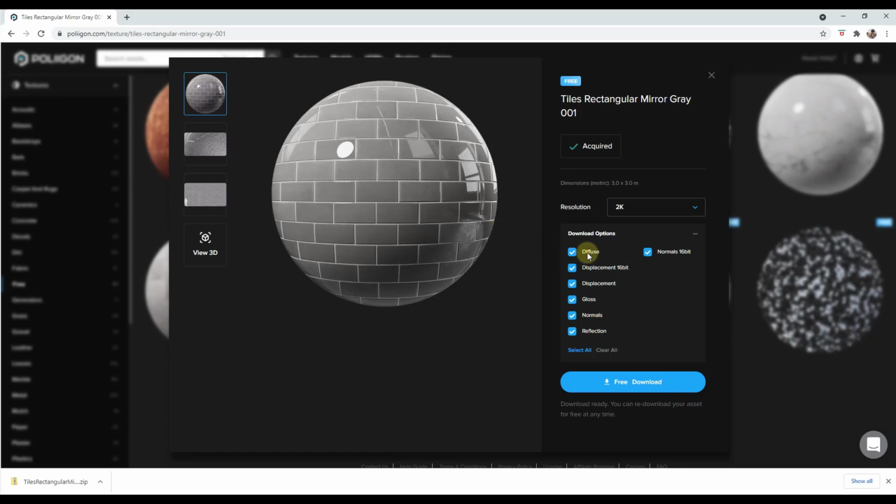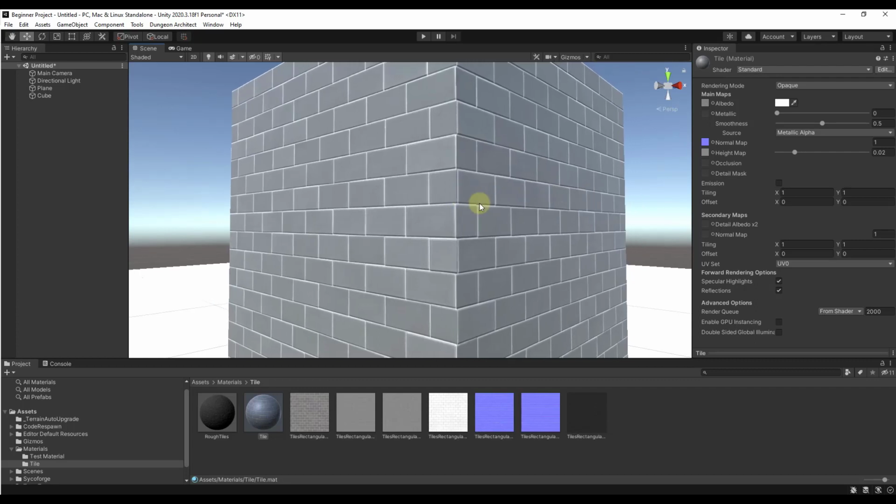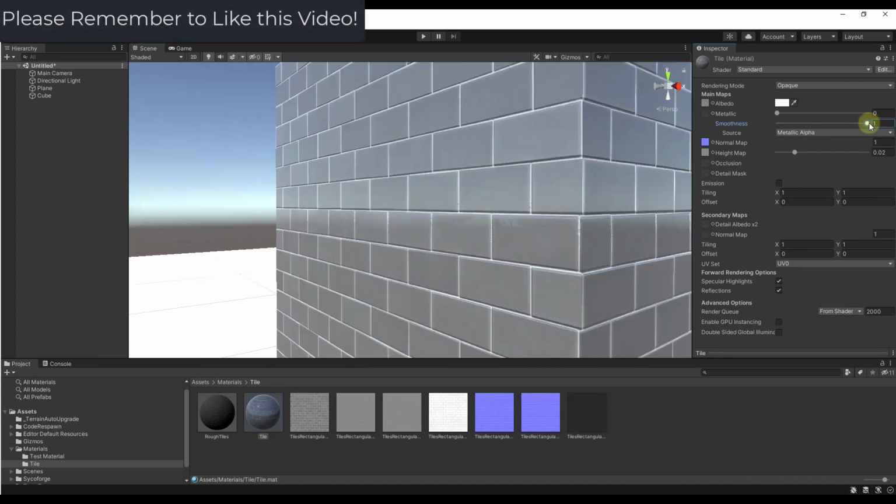Well, the thing is, you bring these in and you get a diffuse map, which is the color, you get displacement and normals, but then you also get a gloss map or a roughness map. It's a fairly common thing, but for some reason, when you set these materials up, Unity only has slots for the albedo, which is going to be the texture material, the normal map, and the height map. I mean, there's others in here as well, like detail masking and occlusion, but for some reason there's no slot for the roughness or gloss map, which is actually going to tell Unity how to use the map in order to accurately create reflections. So what you can do is adjust the smoothness up and down, but that's very uniform. It just basically means that either the whole material or none of the material is going to be